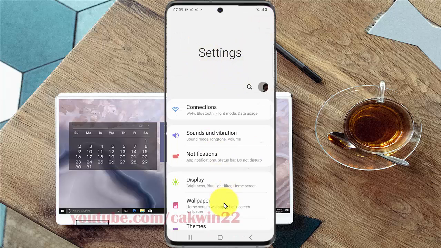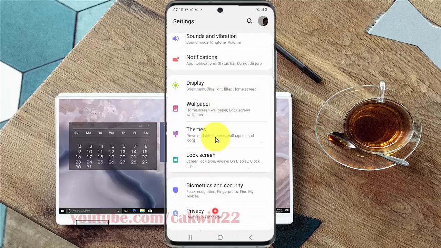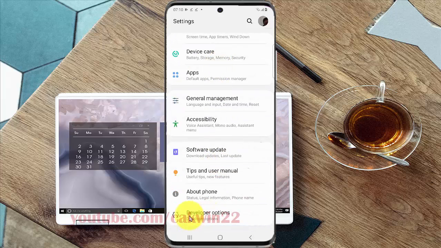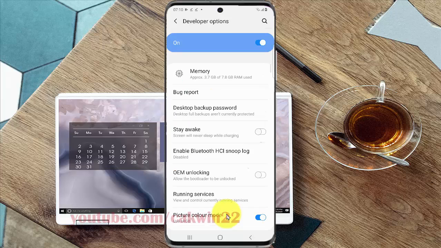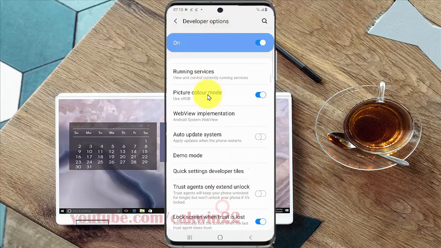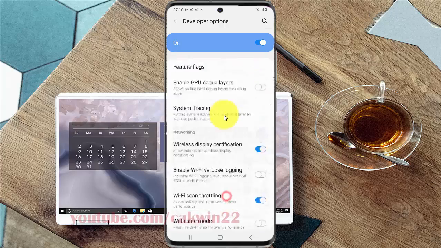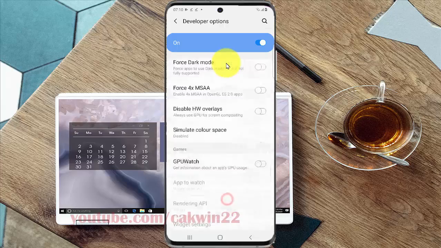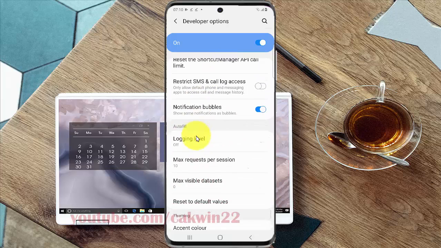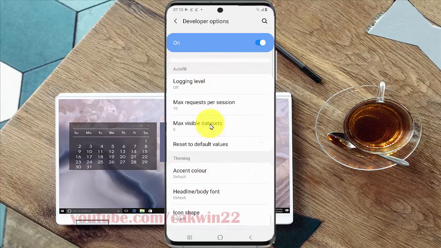Scroll down the settings screen, find developer options, and then tap developer options. Scroll down the developer options screen, find icon shape, and then tap on it. Select icon shape,